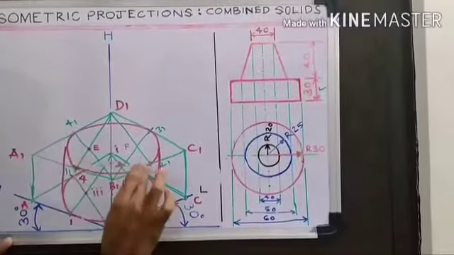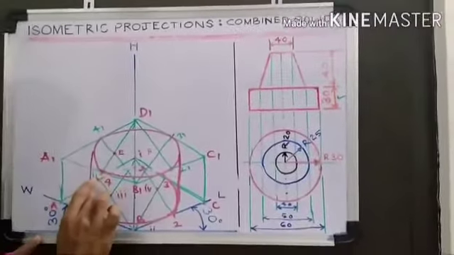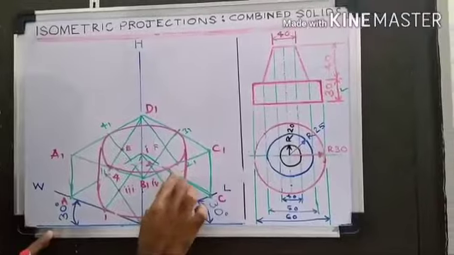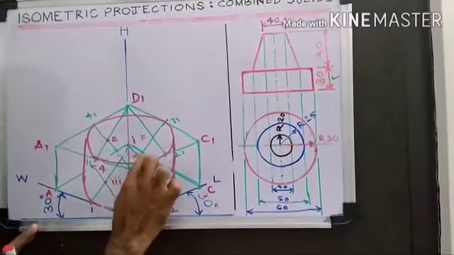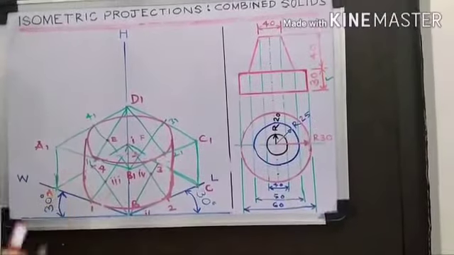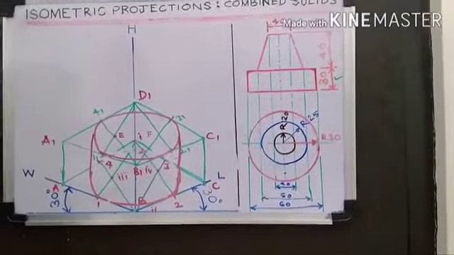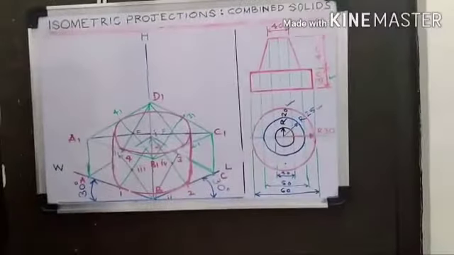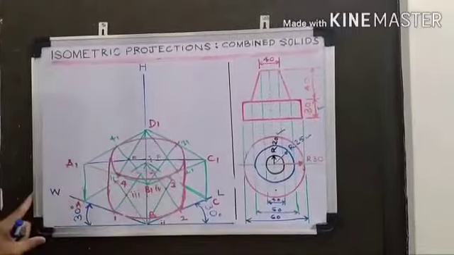Got it? Now, so this portion also I'm erasing up to this portion. Got it? Yes. Now you can observe a cylinder portion. Now we got the cylinder. Now how to draw the right circular cone frustum.